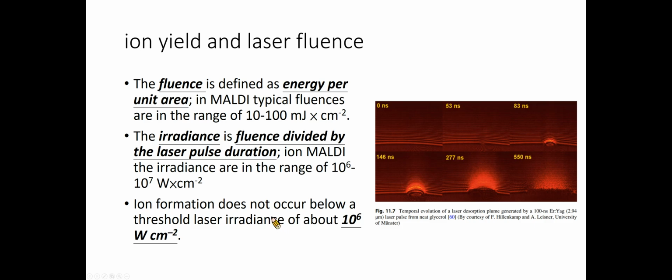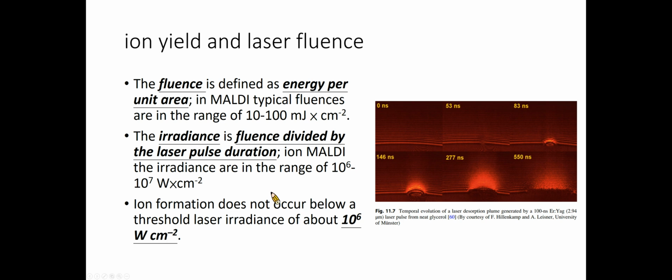Let's review some basics regarding the ion yield and laser fluence. Fluence is defined as energy per unit area. In MALDI, this value typically falls into the range of 10 to 100 millijoules per square centimeter. Irradiance is fluence divided by the laser pulse duration, where MALDI typically has an irradiance in the range of 1 to 10 million